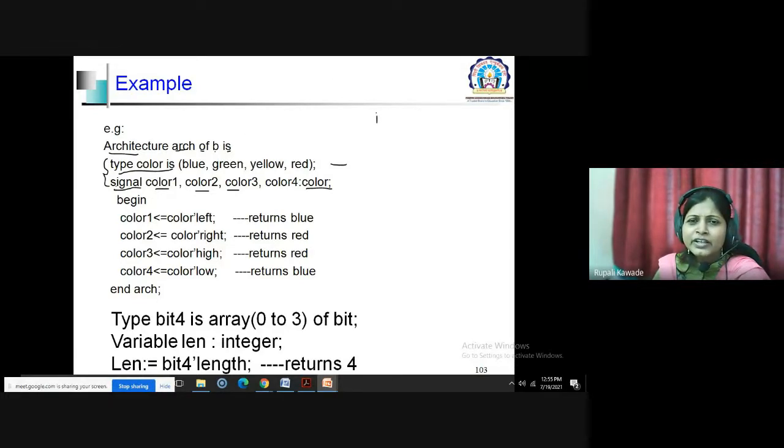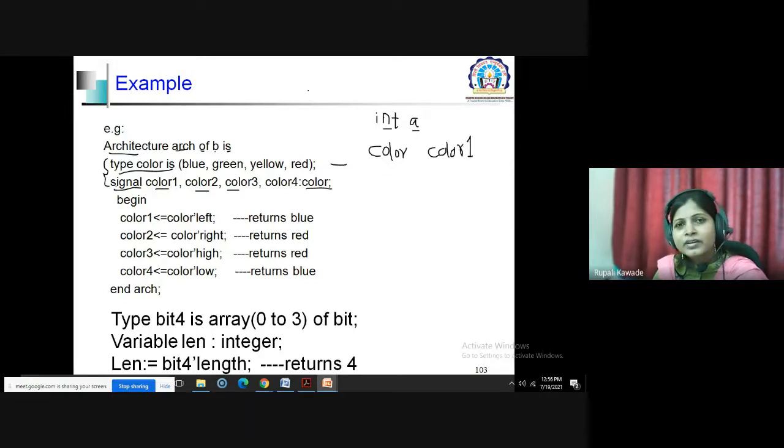Similar to your int a, right? If you write int a, int is the name of your data type and a is your identifier. In the same way here, color is the name of the data type, and color 1 is the identifier of that particular data type.